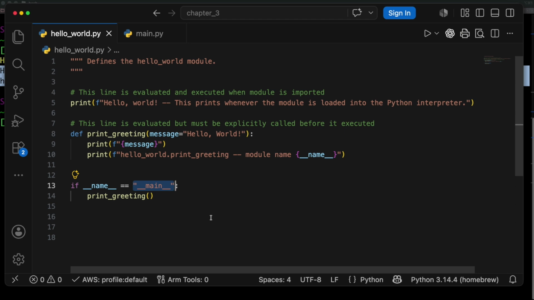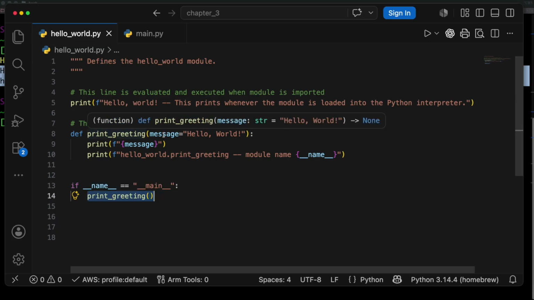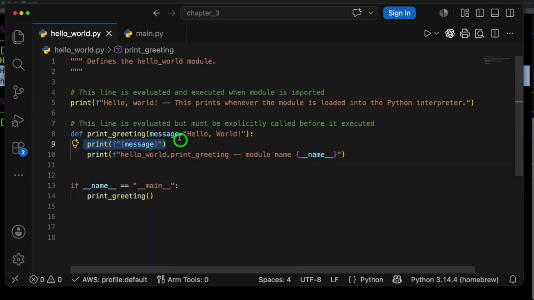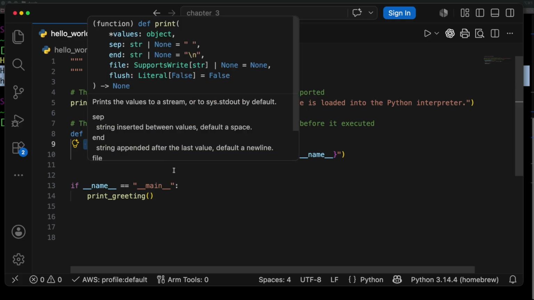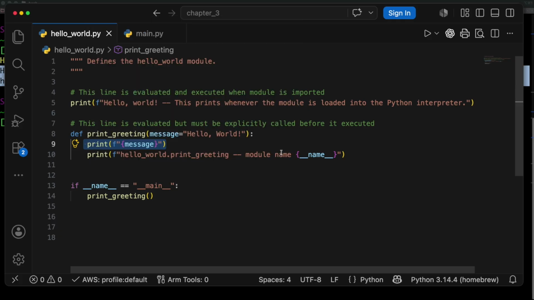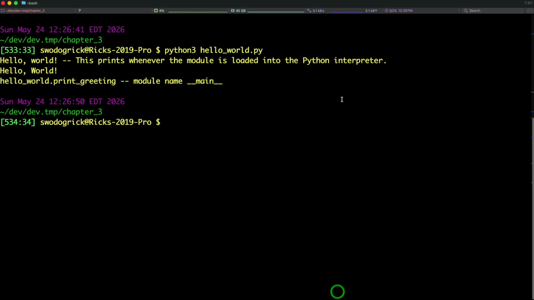Okay. If that's the case, and the module name is underscore underscore main, that means it's been run from the command line. So what do you want to do? Well, if that's the case, then run it, do something. Call this function, print greeting. And we're just calling the print greeting function, and it prints the message, whatever that default value is. And then it says hello world dot print greeting, module name is underscore underscore main, because that's how that got run, right? So essentially, and this video is almost done because it's already getting a little long,